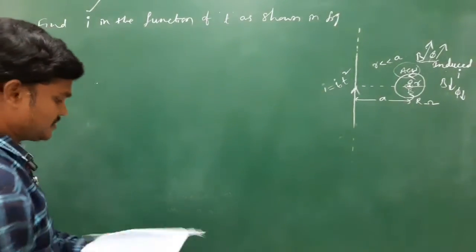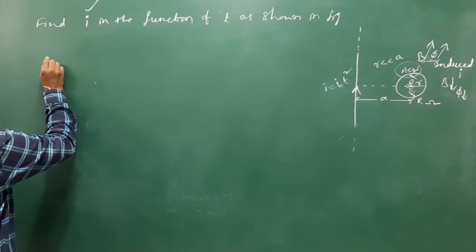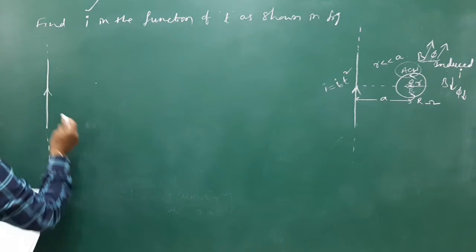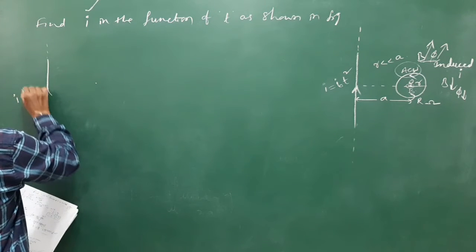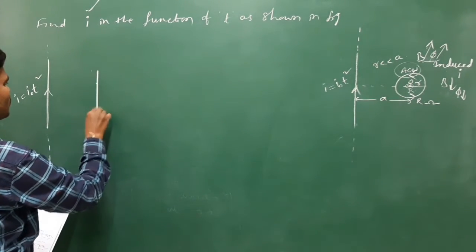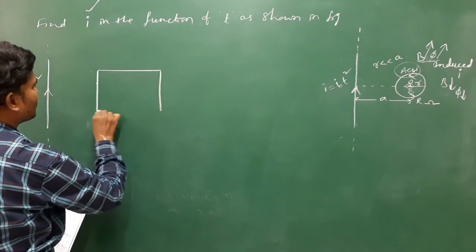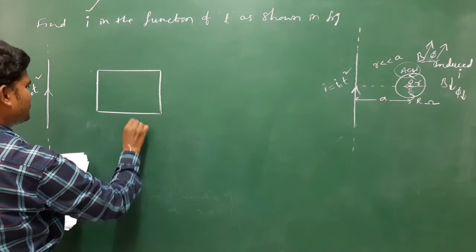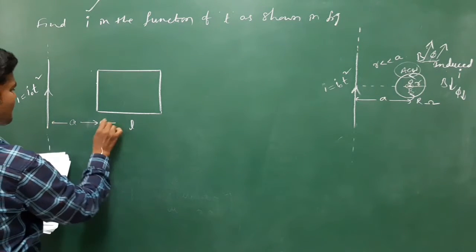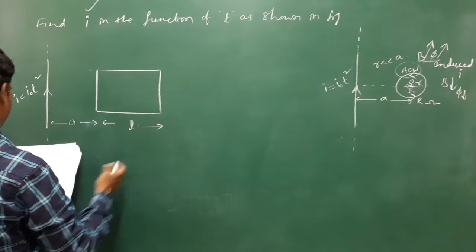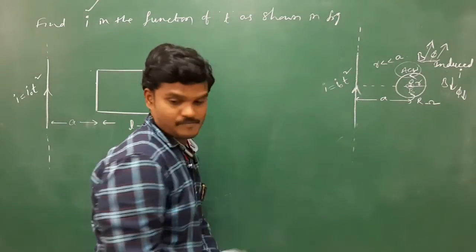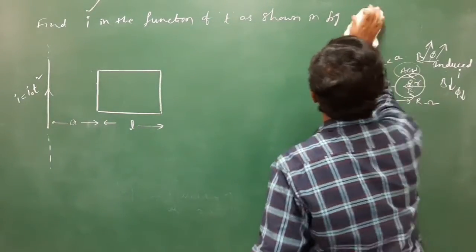See the given diagram like this. They have given an infinite straight wire which carries current I equal to I naught t square again, but they have given the loop whose length is given as L and this distance is given as a. Yeah, they have given this diagram. You try this one.